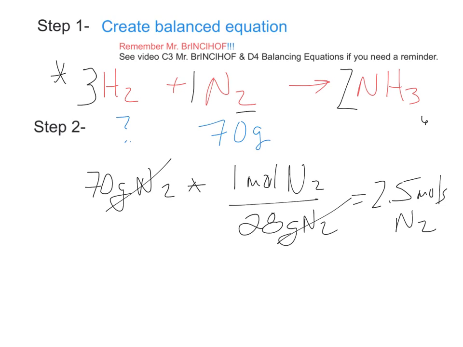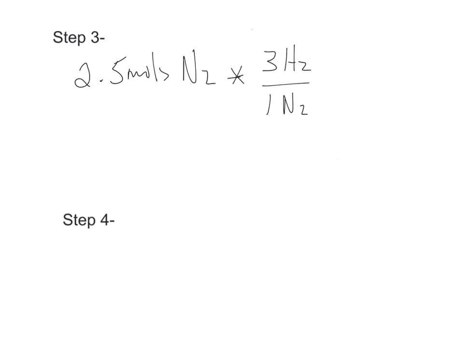So let's go to a new page here. So we had 2.5 moles of nitrogen gas, and I need to figure out how much hydrogen. I always put where I want to go or what I'm looking for on top. So it was 3 hydrogen for every 1 mole of nitrogen gas. That's my conversion factor. So 2.5 times 3 is going to give me